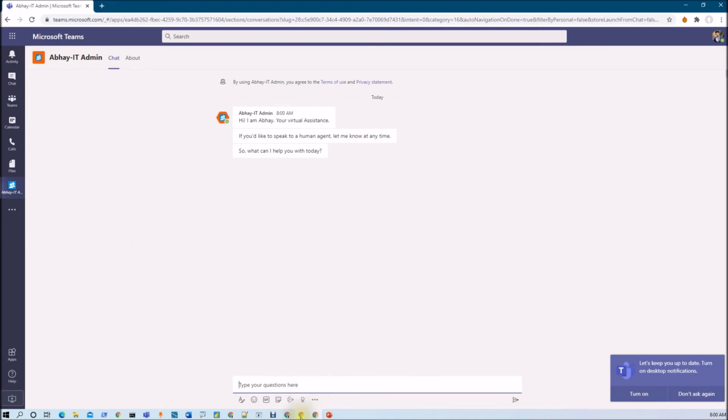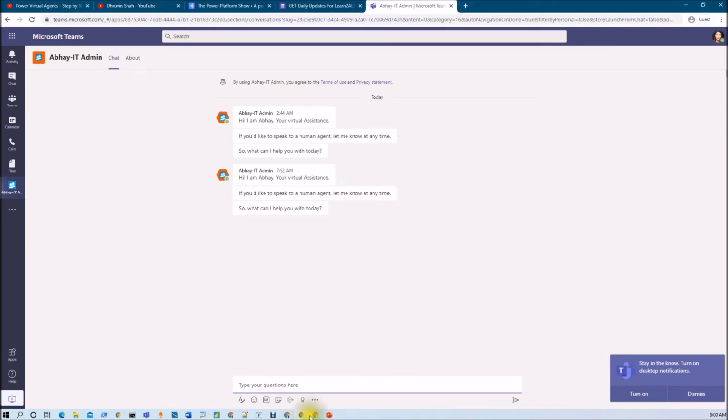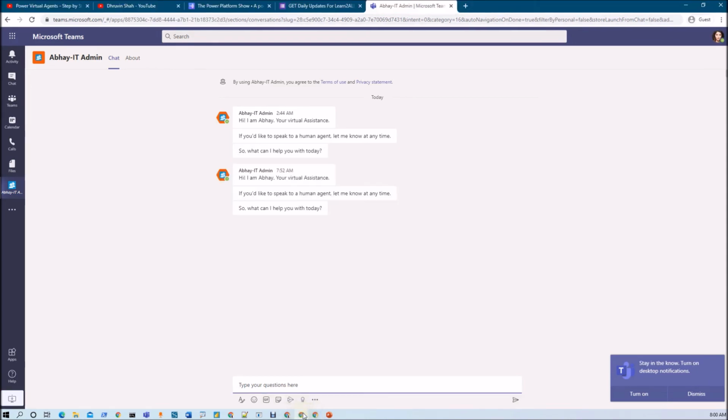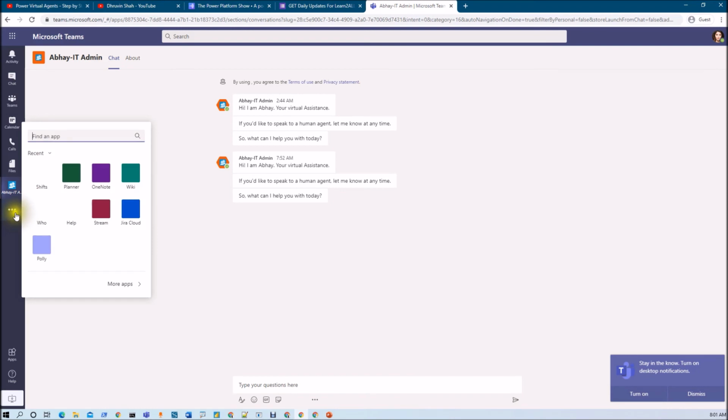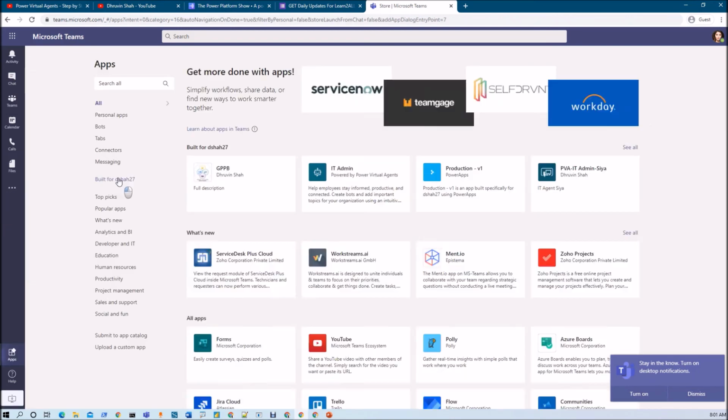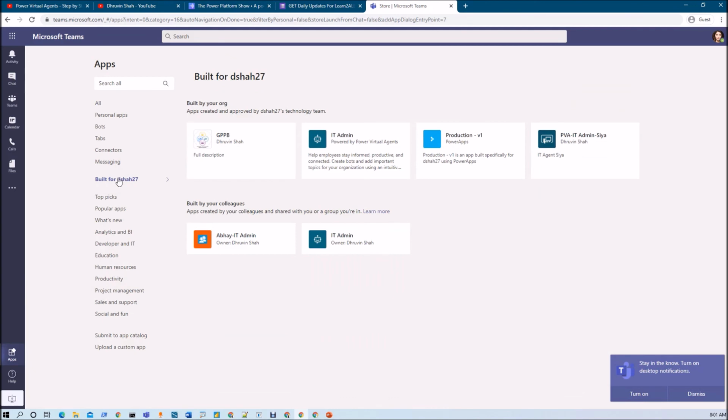Now let me open Tejal's account from here. I'm opening Tejal's account, and now let me check where Tejal can see that particular app. I'm clicking on the ellipsis section from here, and clicking on the more apps section, then the Built for DSHA-27 section, and this app is part of the Power BI for Teams app.